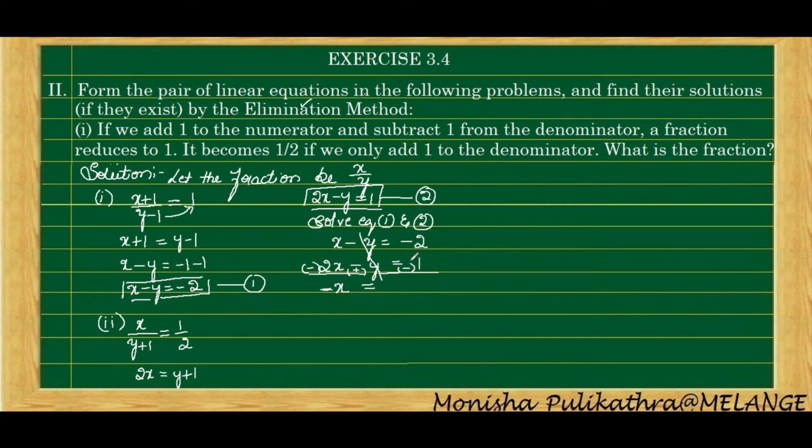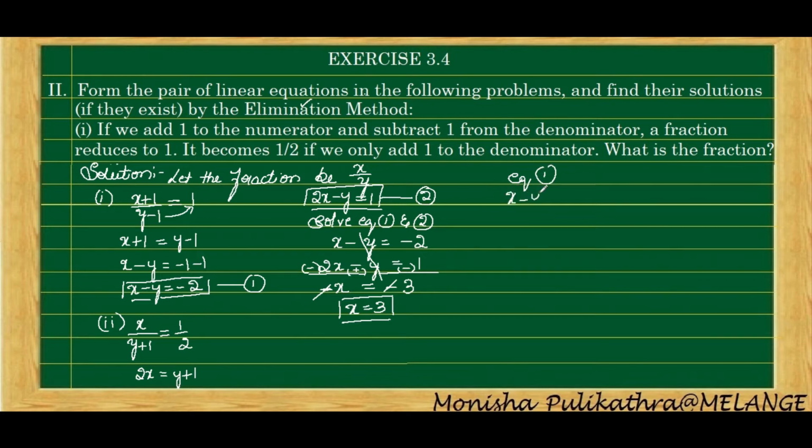Here again minus minus, like sign means we need to add the terms. 2 plus 1, 3. Larger number has a minus, so we need to retain minus here. So here minus minus gets cancelled. Remaining x will be, x is equal to 3. Now what we have to do, we need to substitute this x value into either equation 1 or equation 2. So I will be taking equation 1 here.